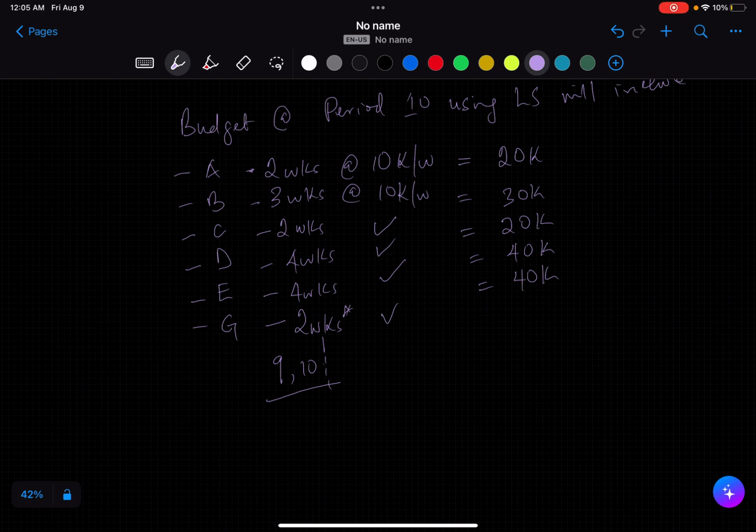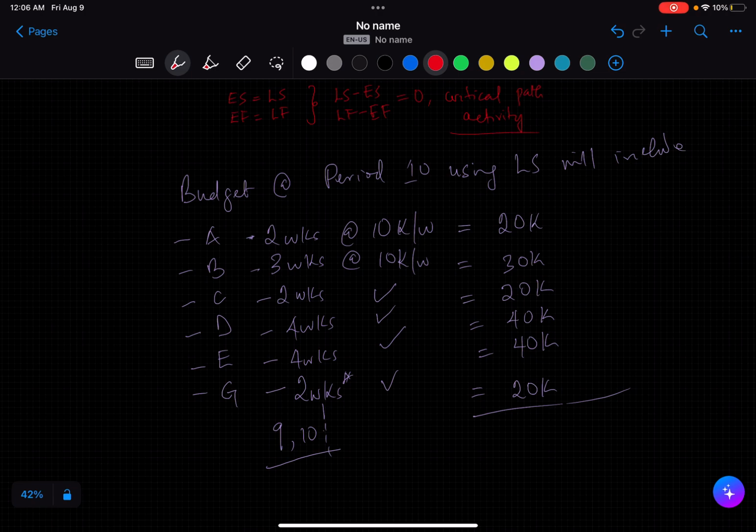And G, even though G has 5 weeks, according to the late start, by week 10 we would only have done 2 weeks of G, so we calculate for 2 weeks of G. That will be 20k. If we sum this up, this should be 50, 70, 110 plus 60, 170k. So the budget by the 10th week, we expect to have a budget to accommodate of 170k. These are the answers to the